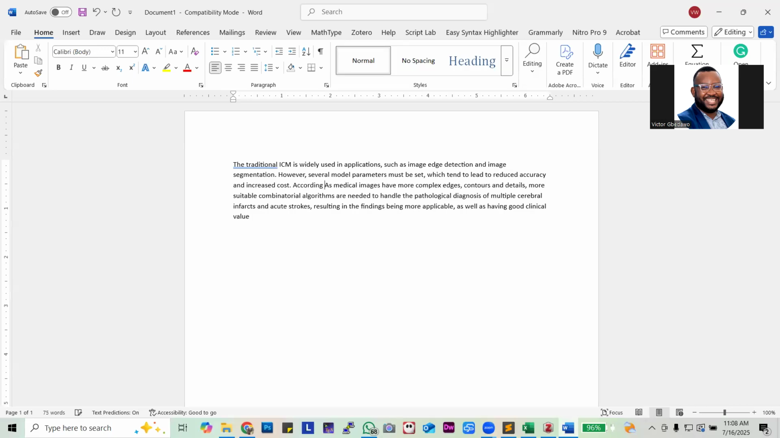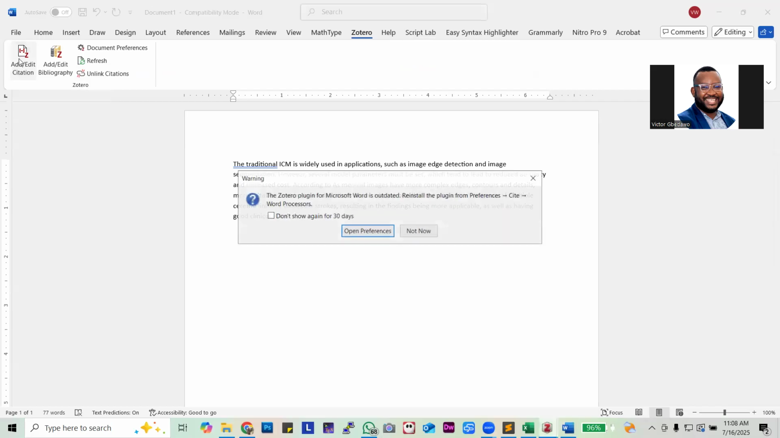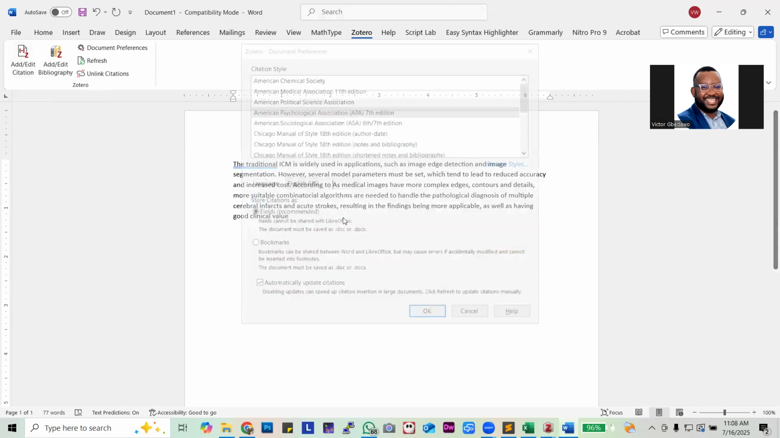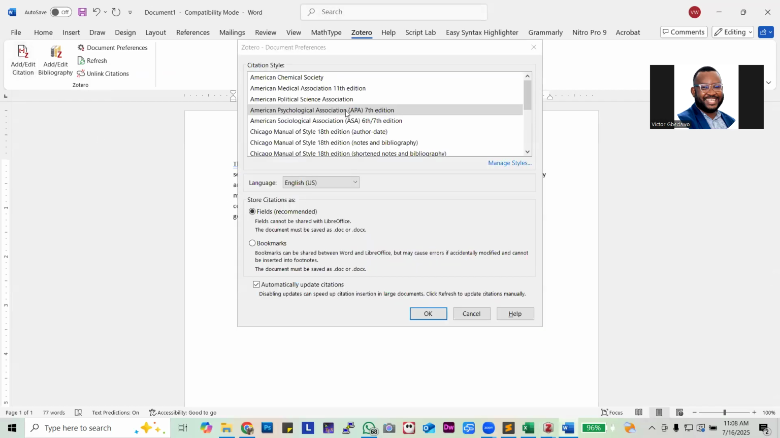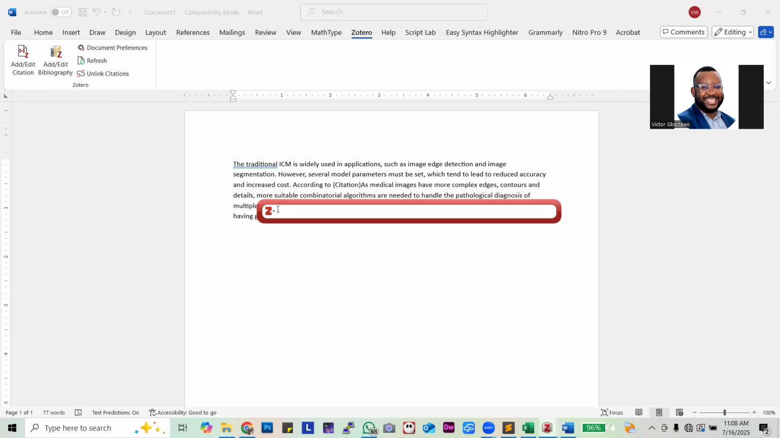According to, so I want to reference. I'll come to Zotero and say add citation. Okay, so to what part exactly of the paper? Not now. So here I'm using the APA style. You can see it. All right, and say okay. Then it's calling for, so let's say